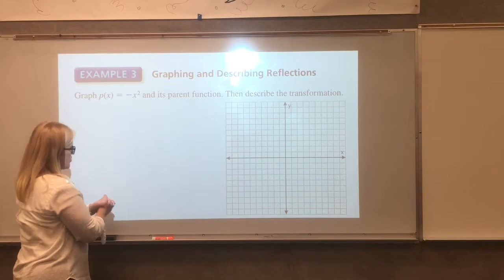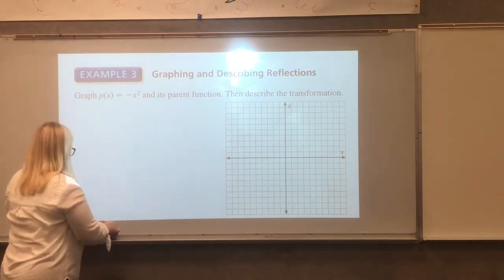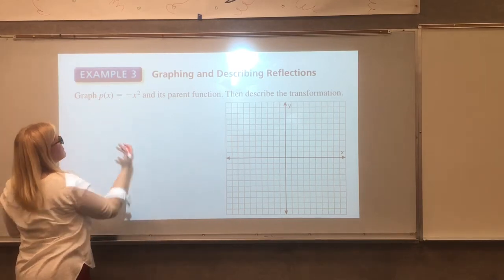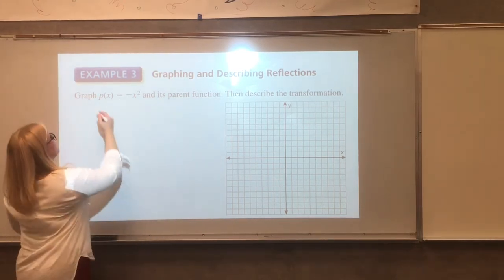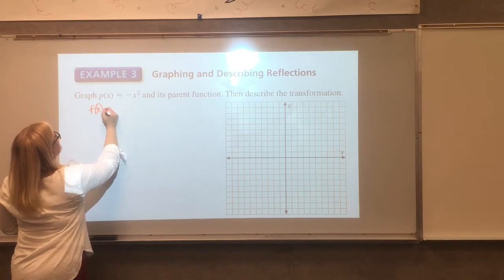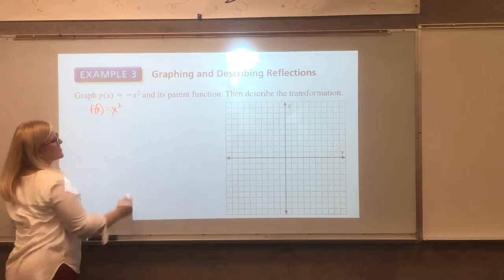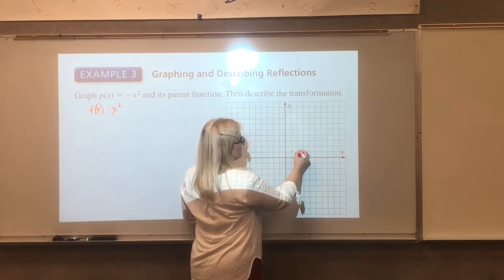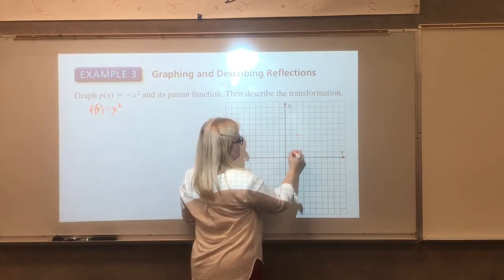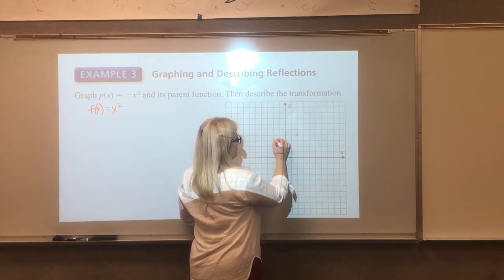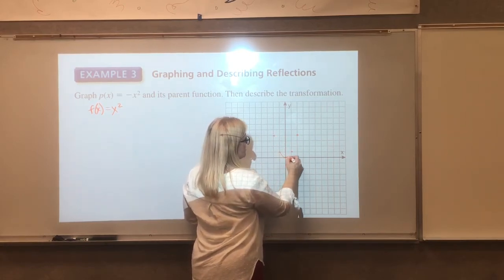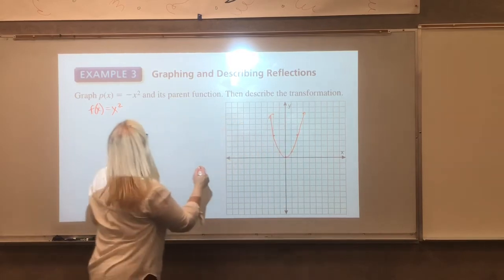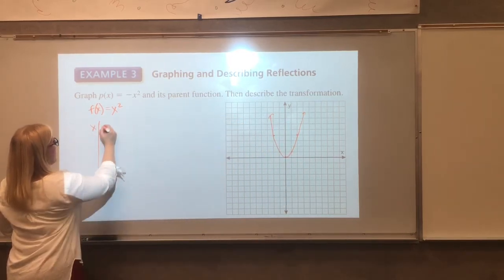So if I were to sketch the parent function, I don't know why they have p of x. P of x should be the parent function, don't you think? Oh well. Okay, so my parent function is x squared. And that's specifically 4. I don't know if I need to do that for you guys or not. Maybe I better. Okay, the parent function, if I do a table for that,